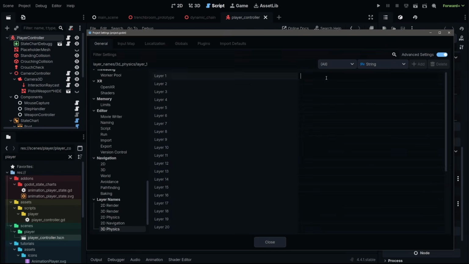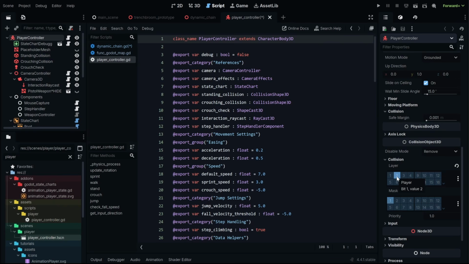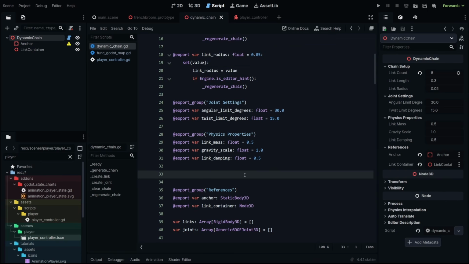In fact, let's go ahead and name these out. So 1 could be environment, 2 could be player, and so that means player needs to be on this one, and we should mask the environment. So the player is stopped by the environment. Now we can do the same thing for all of the rigid bodies that we make. Now a rigid body is going to have those same settings. So we can add those